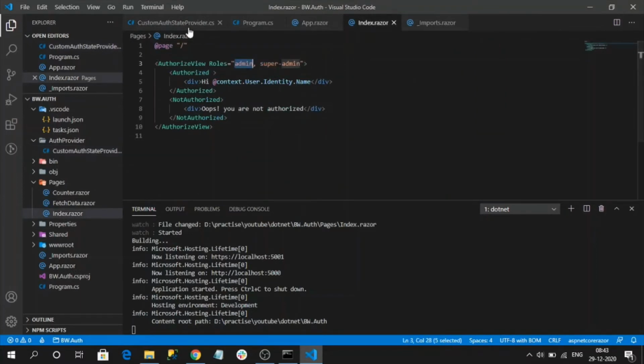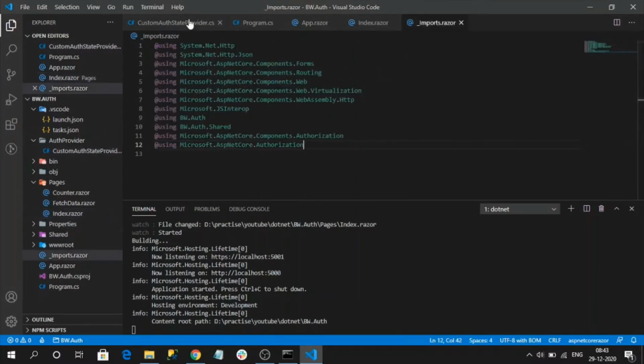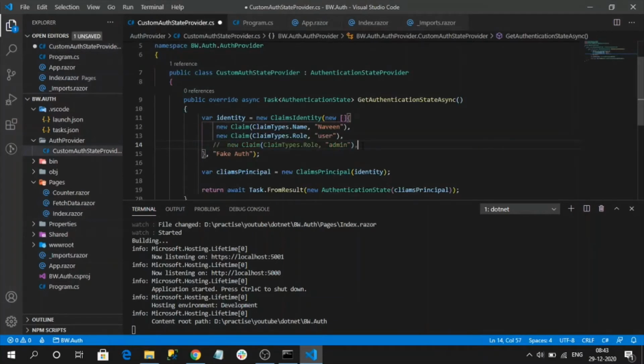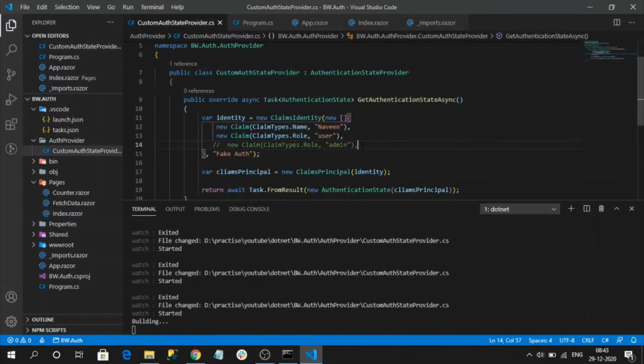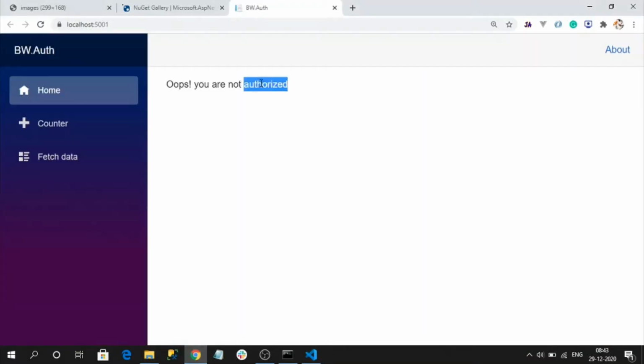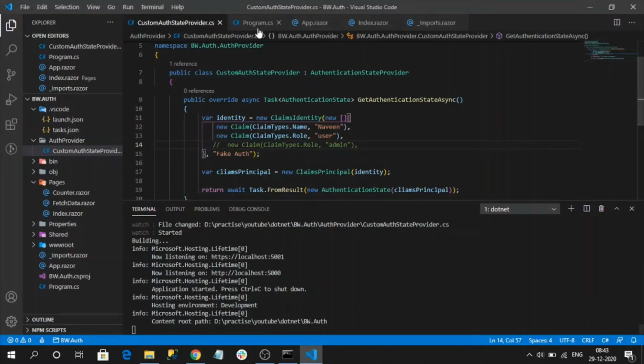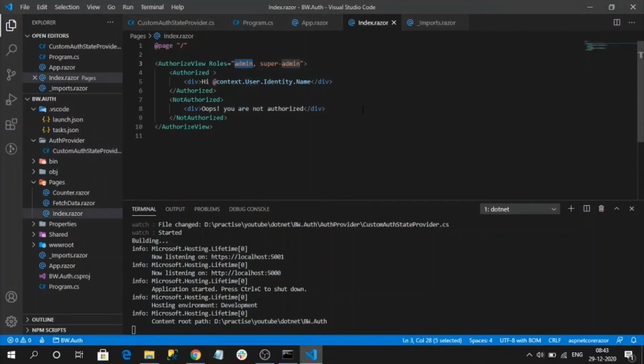So with at least one matched role, we can access that authorized code block. If I comment this line, I am not admin anymore. I only have the user role. Again, I am going to see you need authorization. So we can also have multiple roles initialized.